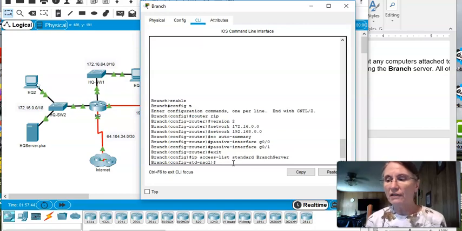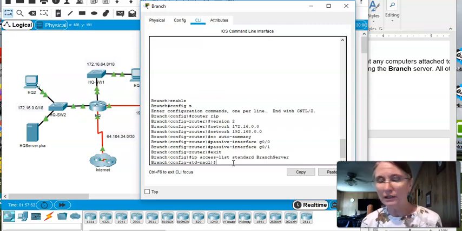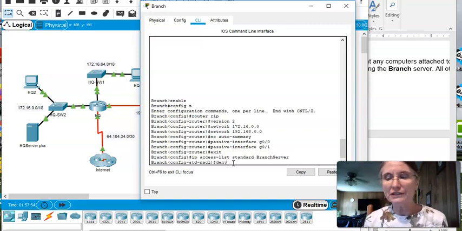What is it that we want to do on this particular filtering operation? We want to deny access from a particular subnet, and it turns out that it is